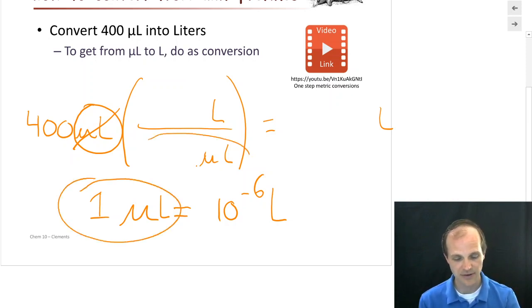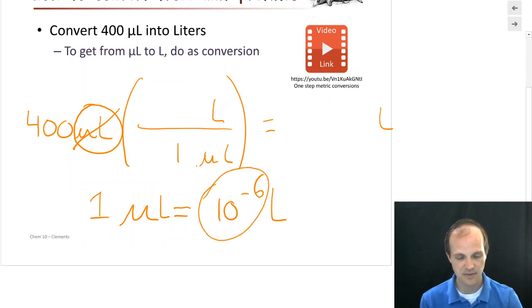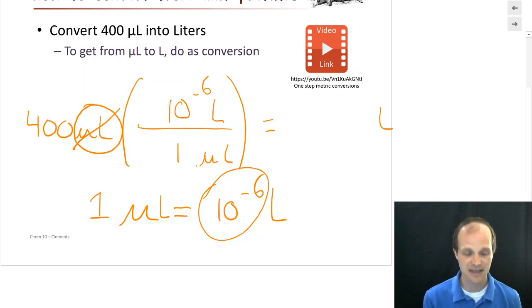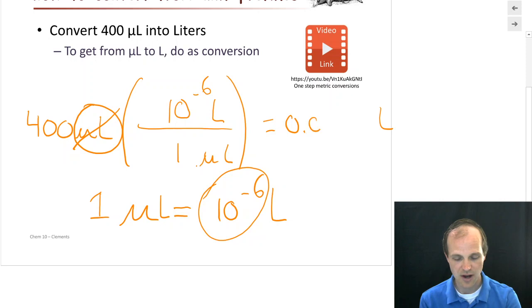So up here, when I find microliters, what am I going to put there? I'm going to put a 1. And then in front of liters, I've got a 10 to the minus 6. So what am I going to put up here? I'm going to put a 10 to the minus 6. You type all that in your calculator, it's probably going to tell you this,